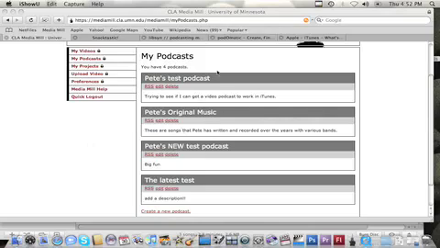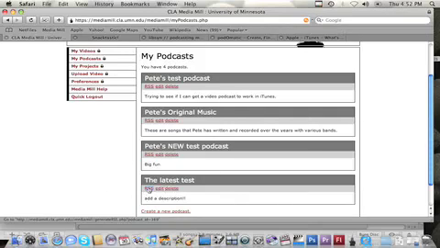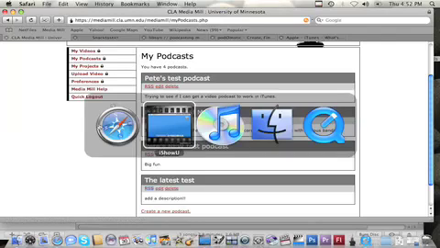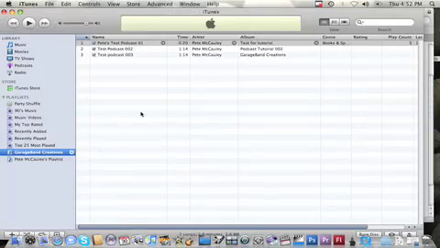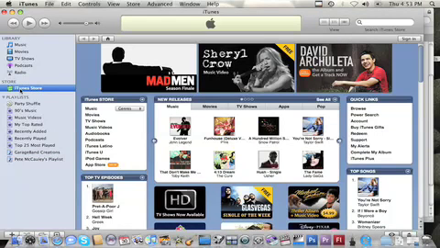So we go into MediaMill. I described to you how you set up a podcast, and we know that we have the RSS feeds all set up right here with the podcasts, and the content has been selected via the Edit tab. Okay, if we go over to our iTunes interface, I'm just looking at my library, but if we go to the iTunes Store right over here on the left-hand side, in the iTunes Store there's a podcast section, and if you go to that podcast section,